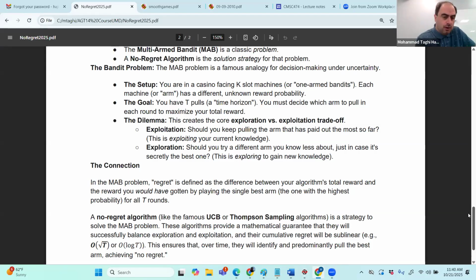I don't want to go through this in detail, as this could be another class. This is part of reinforcement learning. If you talk about reinforcement learning, one of the most important topics is no-regret algorithms and bandit algorithms. This is a very famous thing: now robots can learn to run based on reinforcement learning. All of them are essentially this kind of no-regret algorithm, or bandit problem. Bandit is one of the most important ones. And for this, there are two famous algorithms. I don't want to go through this one.